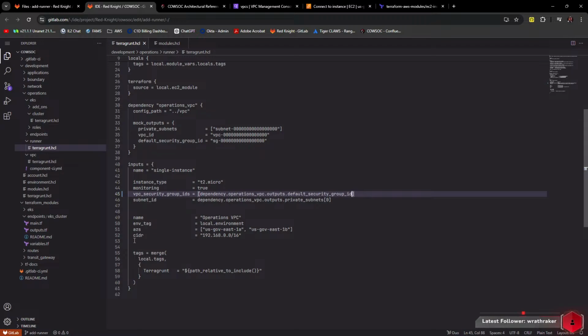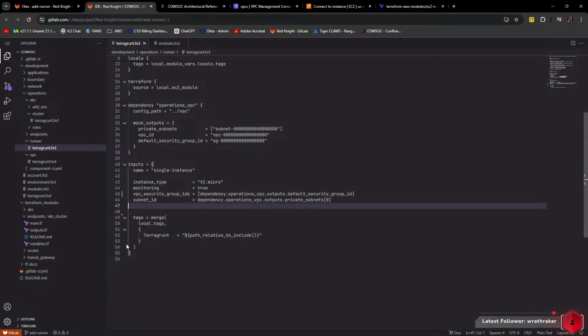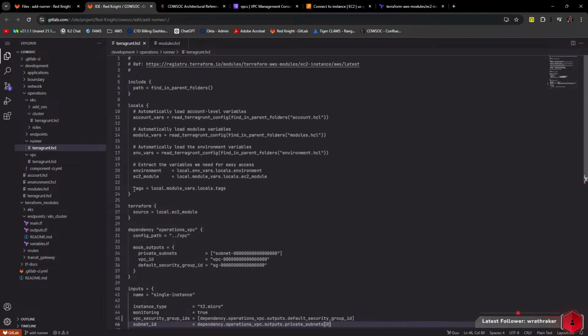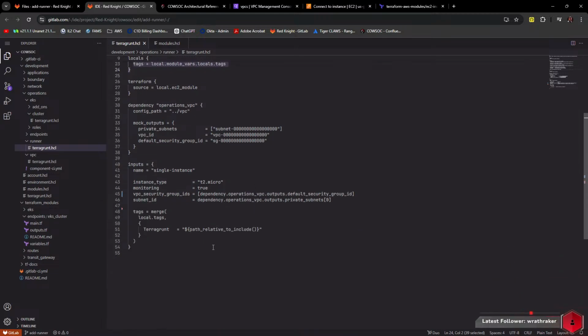So, and we can get rid of the old stuff here. And like I told you earlier, we've got tags. Now what I'm doing here is I've got tags set up at multiple locations throughout the code. That's up here, you'll see that it's pulling in this variable tags. I do that so that I can specify just a set of tags that are going to be on everything. And then in addition to that, I'm merging into that this terragrunt path relative to include. And what this is going to end up doing is create a tag on the resource that says like